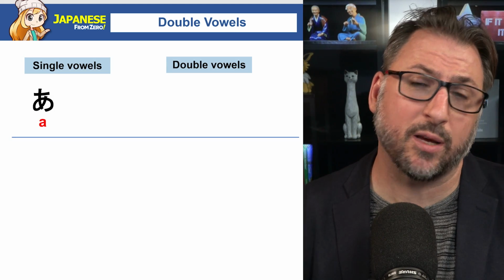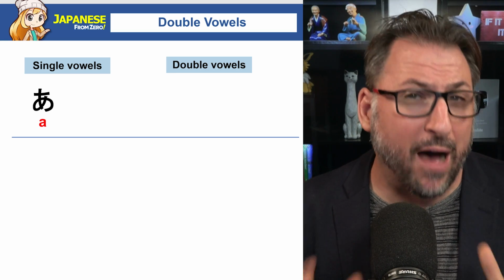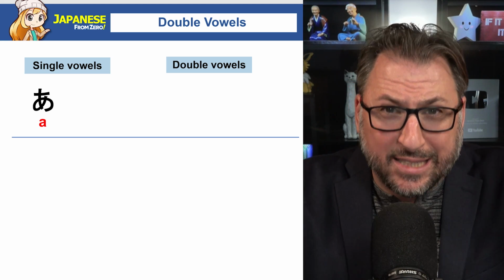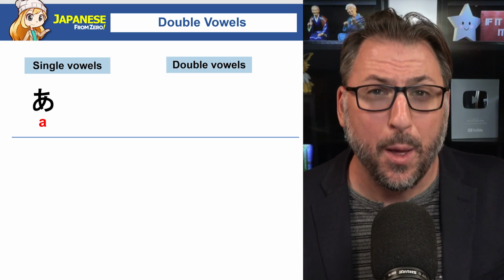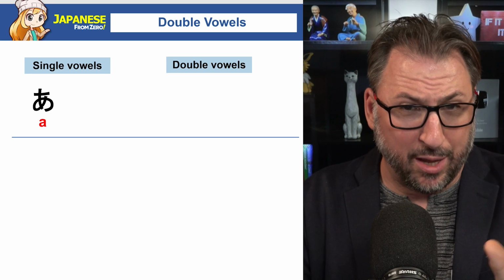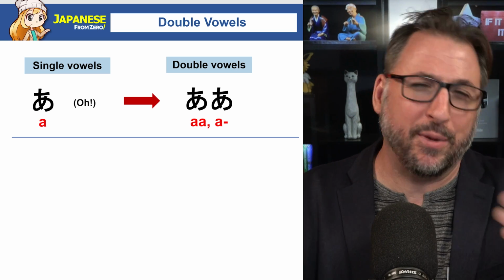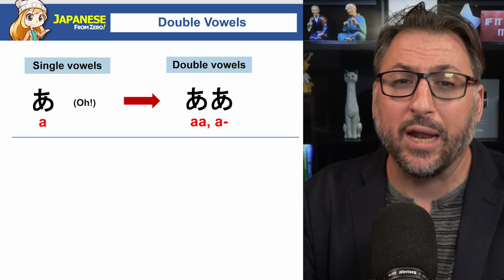Japanese also does something that English does not do. It has double vowels. Double vowels must be lengthened. When you're speaking Japanese, every symbol in the word, which you will learn very soon, called hiragana, must take up a space of time. I'll show you what that means in a second. So for example, a. It means, oh, okay. But if we lengthen it,